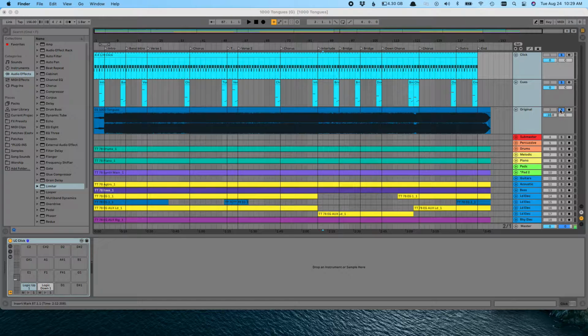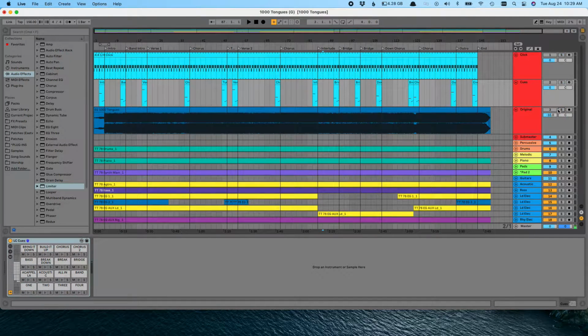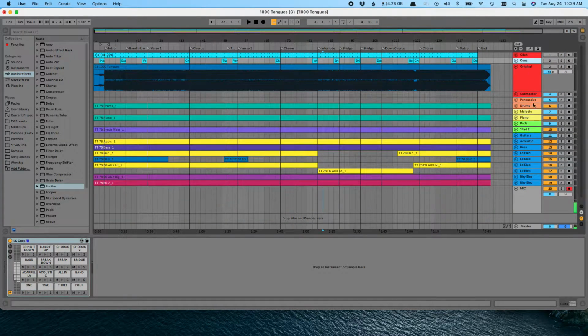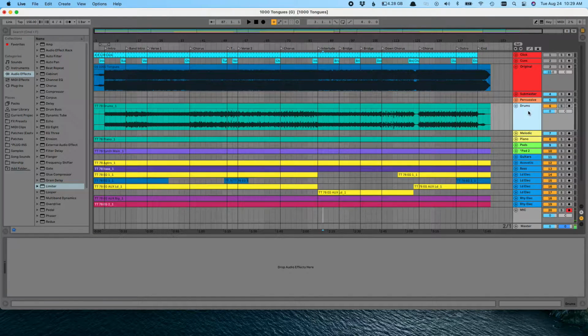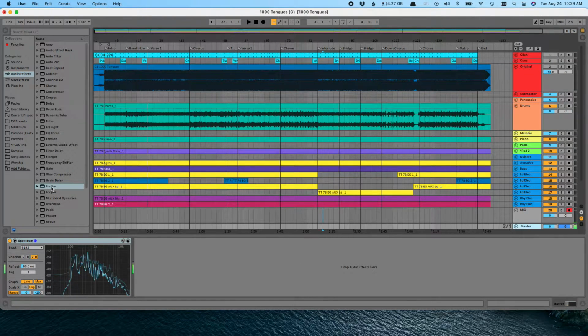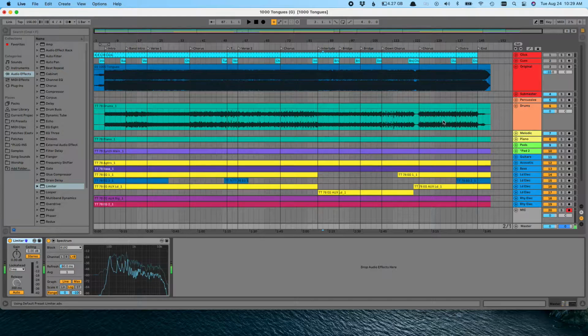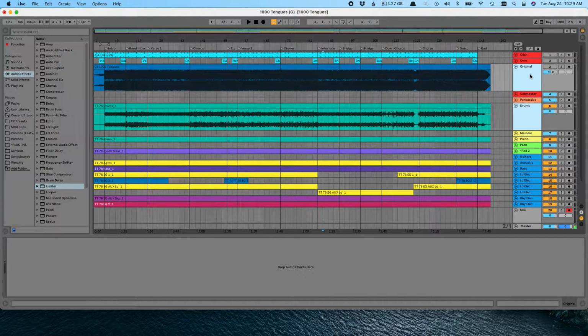So let's now talk through uploading our stems. These are going to be a blend of one of the tracks along with the original track. So we'll just start with drums. I'm going to put a limiter on the master bus so that clipping doesn't happen when I add these two tracks together. So what I'll do here is solo